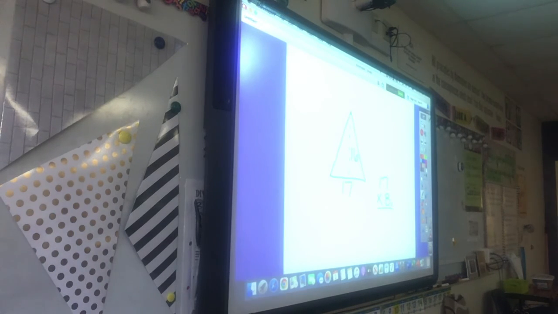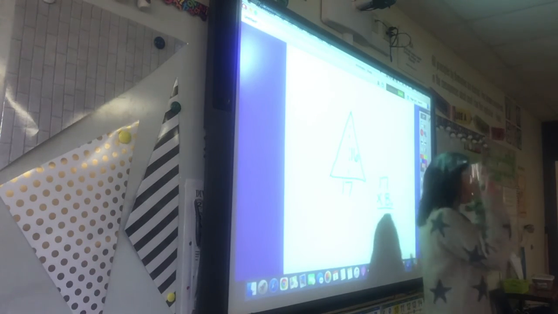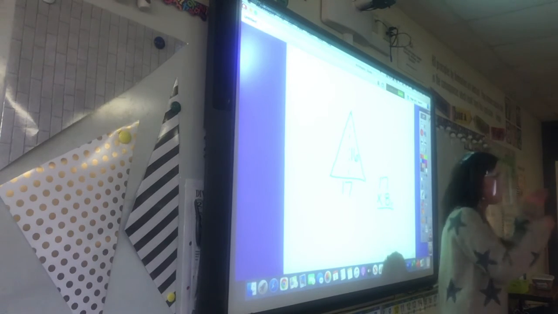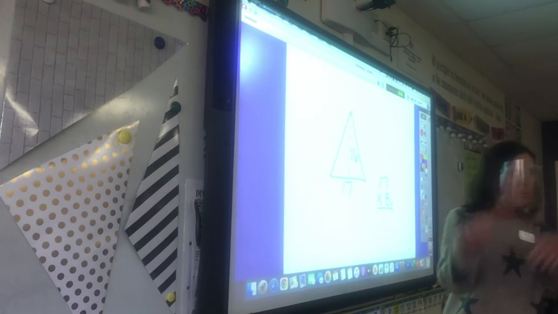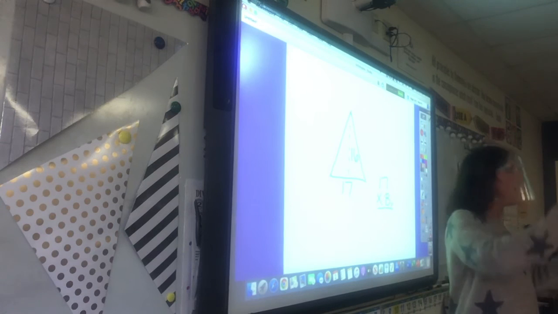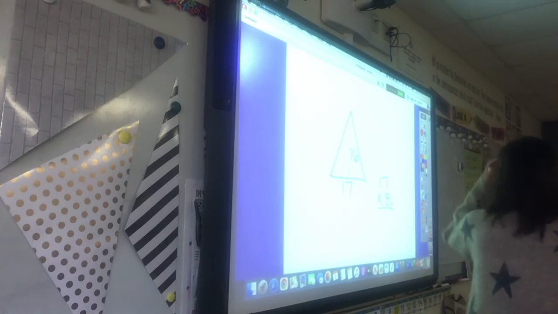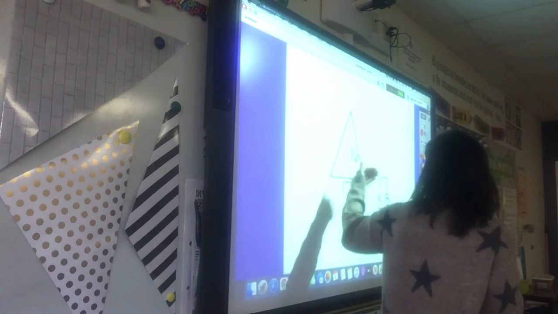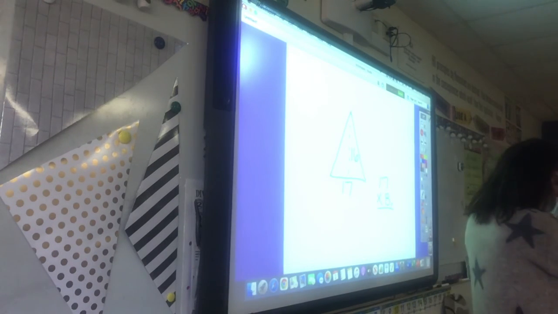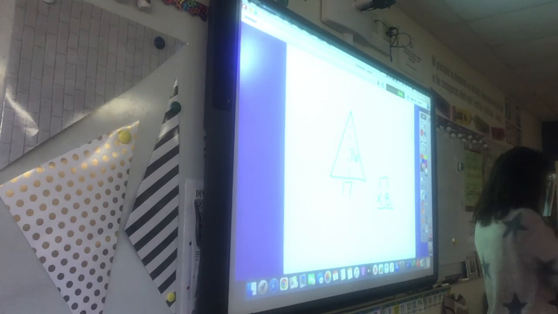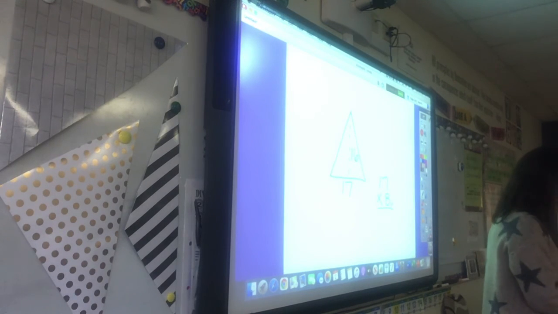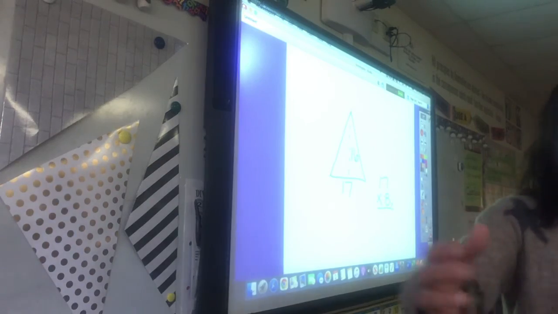Okay, so does everybody see kind of how to look at it and think, okay, what's going to be the fastest way to get the answer? Okay, because you don't want to multiply this big answer and then have to half it, because that's going to take forever. Okay, so basically you just look at it and you say, what's going to be the fastest way? Because again, with multiplication, the order doesn't matter. You can multiply in any order that you want to. Okay, if you will,